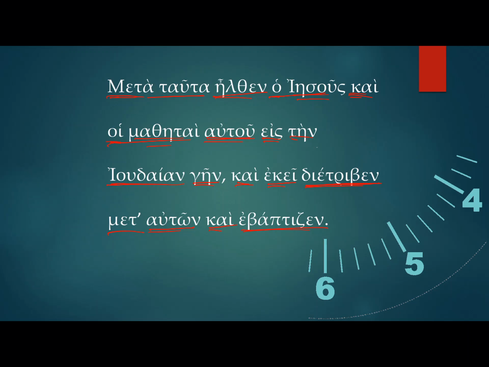So this is a compound subject. So Jesus and his disciples are the subjects of elthen. Okay? And they went into the land, the Judean land. Probably, just for flow of thought, we would normally say into the land of Judea. Ioudaian, just notice, Ioudaian is actually an adjective, and so it is modifying gein. So it is the Judean land, but we change it around normally to make it flow a little bit better,